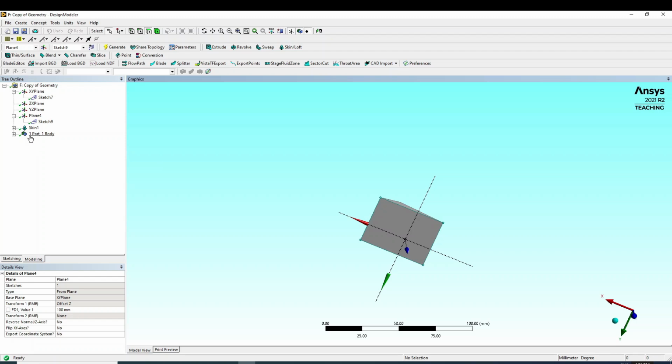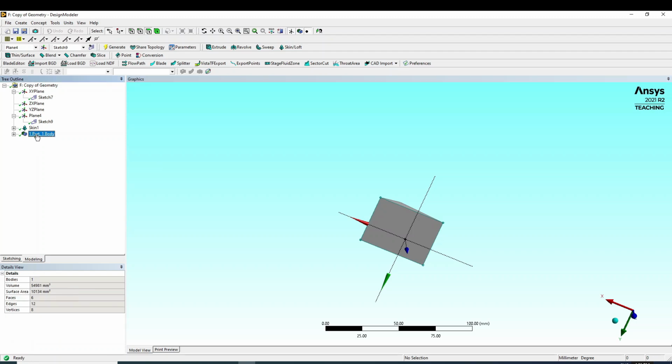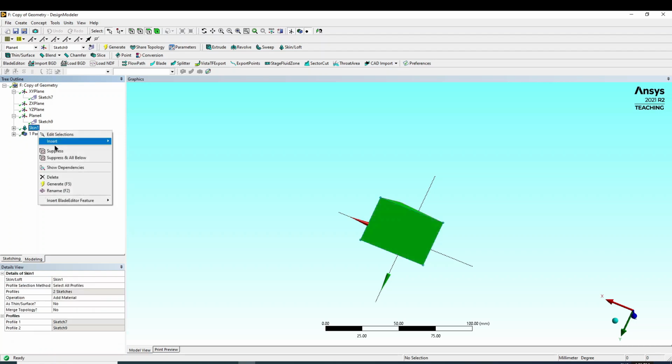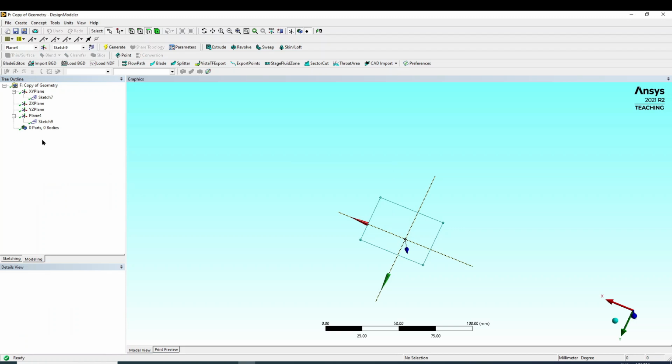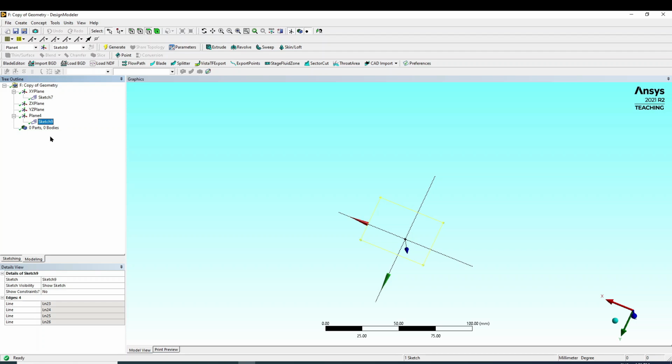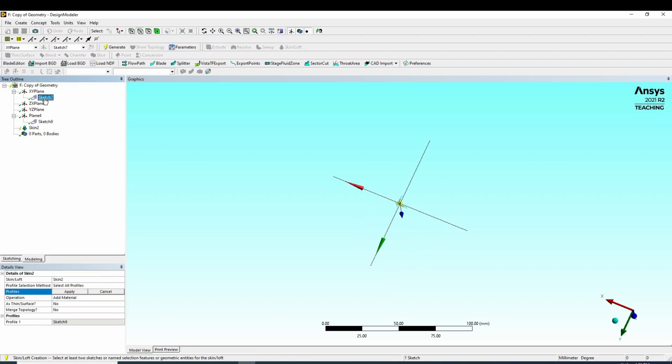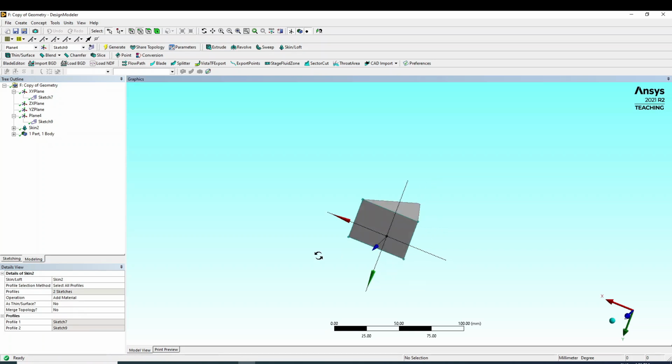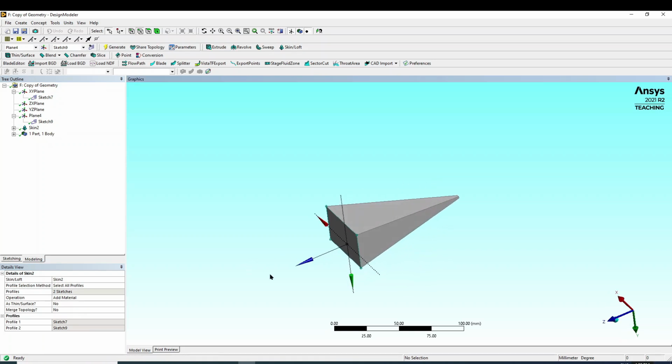Now one last thing. Previously it was zero body. If I am deleting this part, suppose, delete. Is there any body right now? If I am having this sketch 1, sketch 2, still we haven't created any body. Zero part, zero body. Okay? Once we apply the option of skin or loft, then only we can observe the body option. Yes. Now this is the physical model available for the simulation. Otherwise it was only a sketch previously. अभी इसके ऊपर हम काम कर सकते हैं. Got the point?